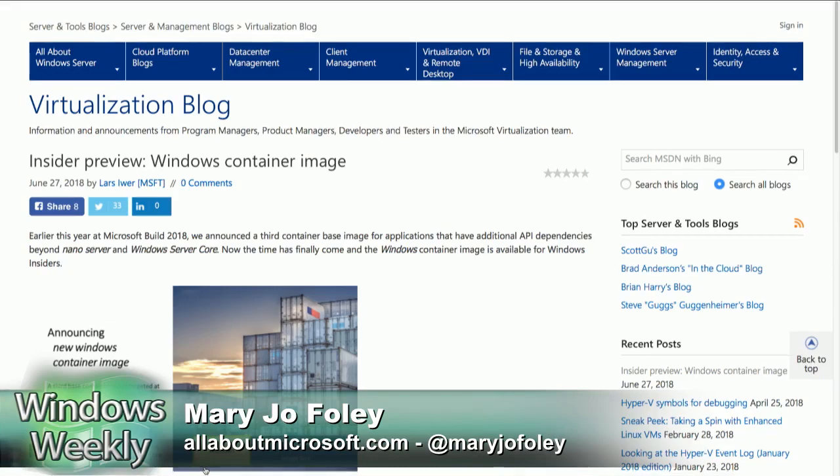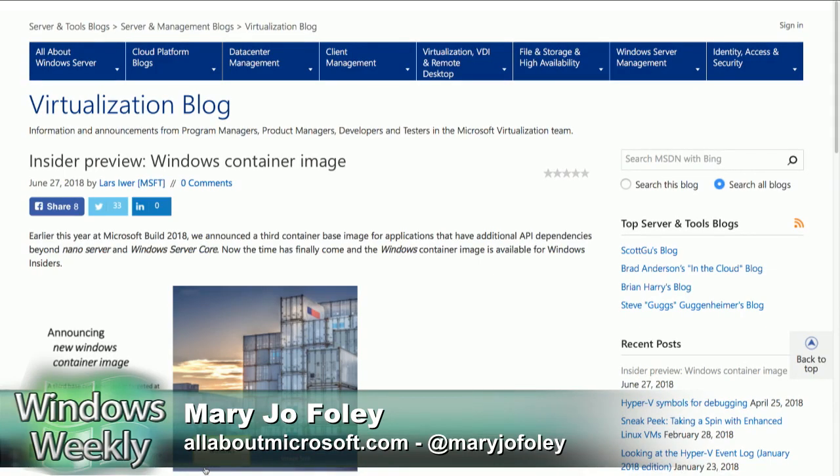If you are running today's Windows 10 Redstone 5 Insider test build, you can actually start trying this out now. If you want to find out more, check out Microsoft's blog post they did today about Redstone 5. It has a link that takes you to their virtualization blog. What they say there is interesting: we know there are some apps that needed more components than we provide in Nano Server and Windows Server Core, and that's why, for backwards compatibility reasons, we're going to have a Windows image available too. So that's interesting to people who care about containers.